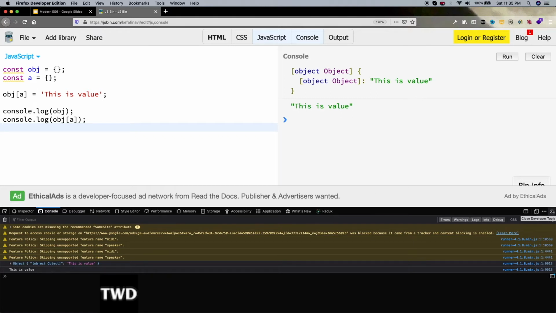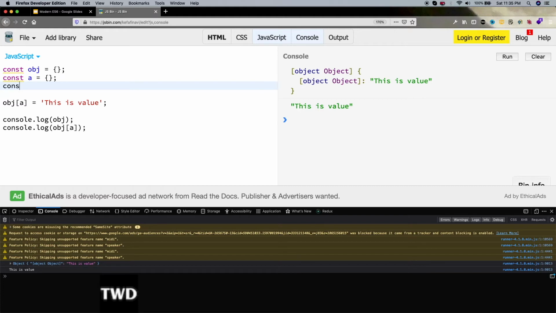The bigger issue is that let us add another object. Let me differentiate it like this. Now see, this is the first key value pair. Now I will add another key value pair, obj[b].